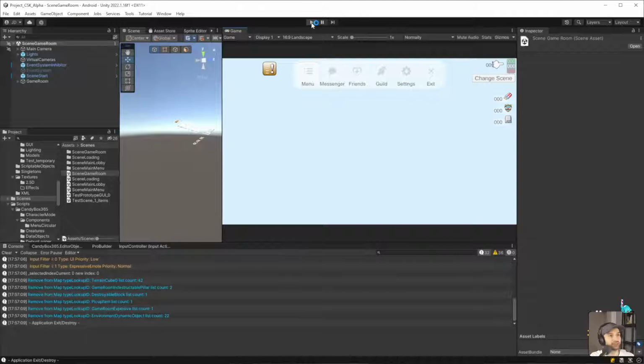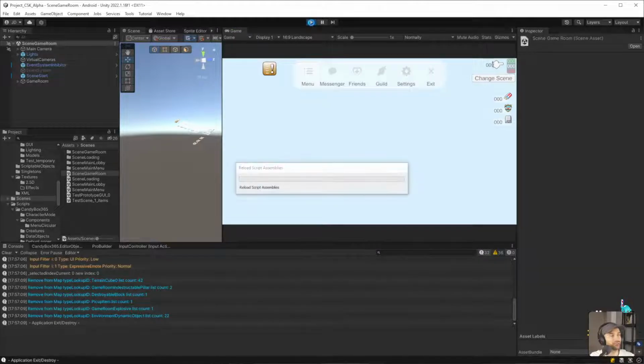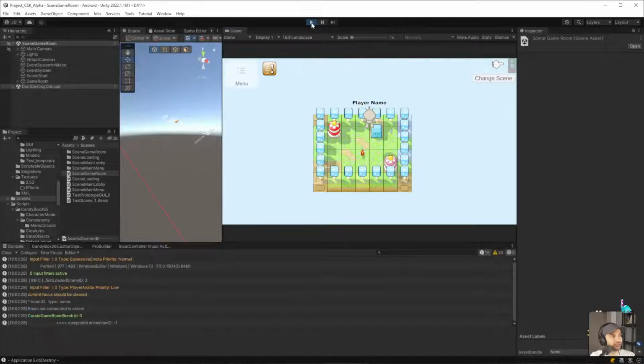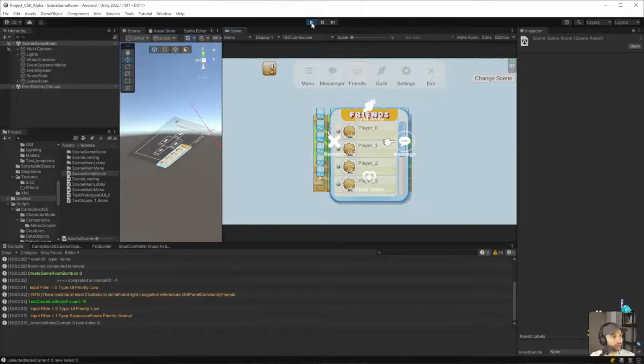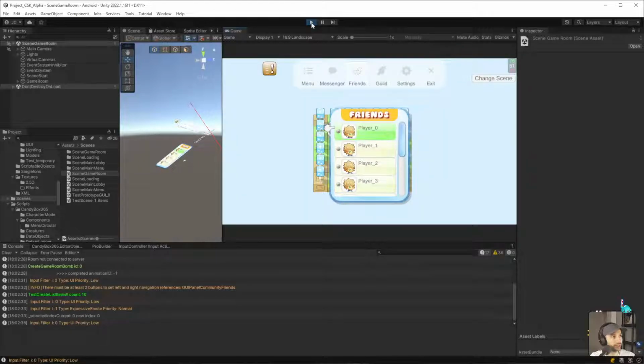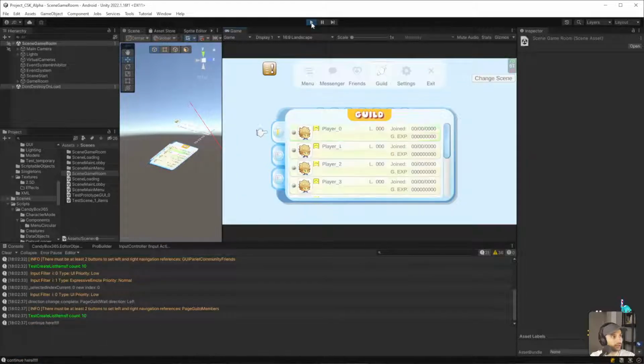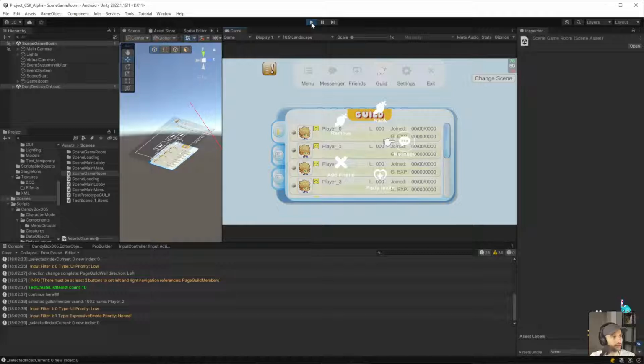Let's see if that resets it. What I want to see specifically is the circular navigation incorrectly go behind the panel that's in front of it. Nope. And no.